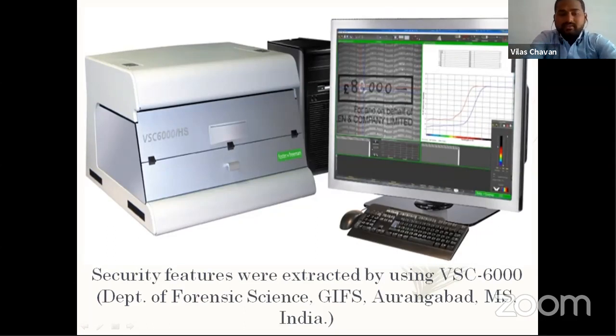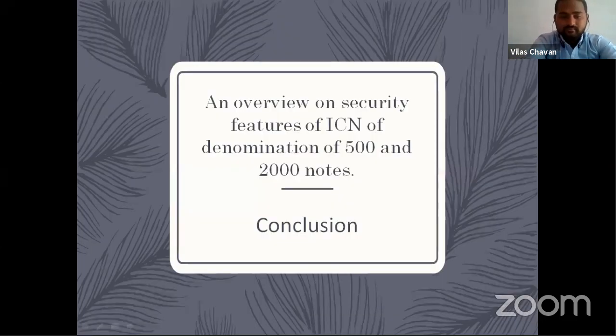Now it's time to conclude the session. Even though there is an increase in the use of digital transactions in most of the cities of India, paper currency is still a popular mode of payment. As such, circulation of fake notes is always prevalent in the economy. After demonetization of the old 500 and 1000 rupee notes from the Indian market, counterfeiters have shifted their focus to forging the newly launched 500 and 2000 rupee banknotes of India due to their high return value.